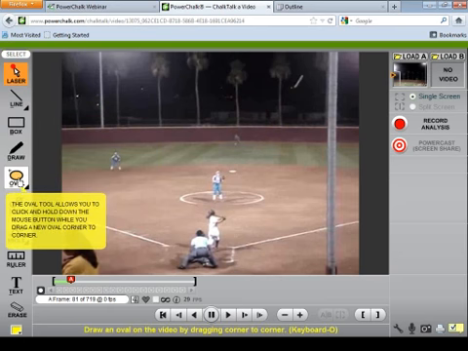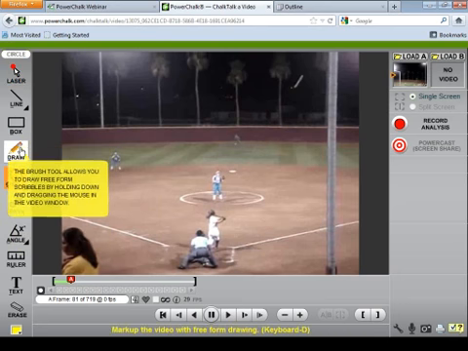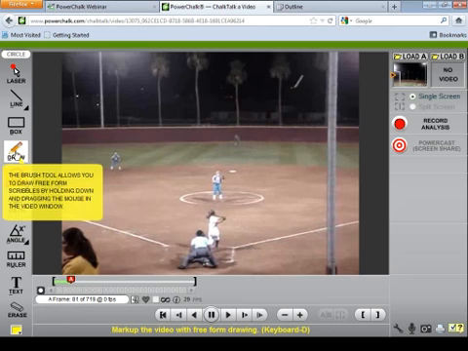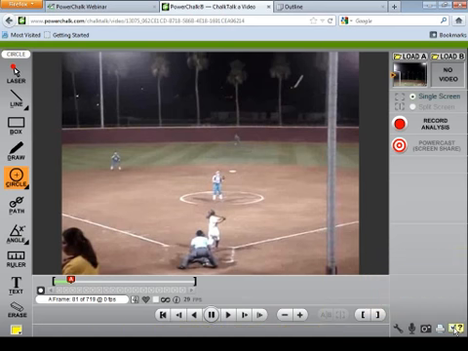And very simply put, if I want to draw on the screen, much like Katie, if you and I were drawing on a piece of paper, I can literally click on the tool. So I'm going to unload the box here with the question mark, come back to the draw tool, I click on it and let go, then I come over to the screen, and if I wanted to talk about her head being still, I just press the finger down on the mouse, hold it, and draw. If I wanted to draw a box and I wanted to talk about where that ball is located, I just hold it down and draw from side to side. So again, very simple to use.